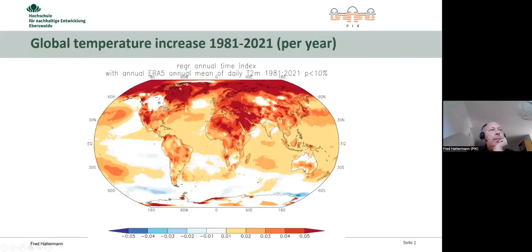I would like to start with a problem. Obviously, global warming. And what you see here is that the continents are warming up faster than the oceans. This has to do, of course, with the evaporation over the oceans, cooling the atmosphere there, and not so over the continents. So continents are warming up earlier, faster. And in Europe, for example, Germany, it's now up to 2 degrees.